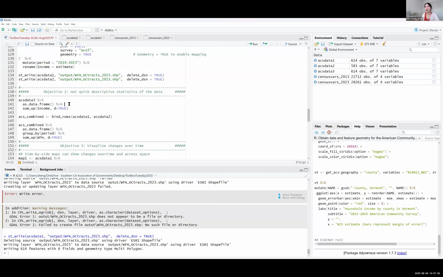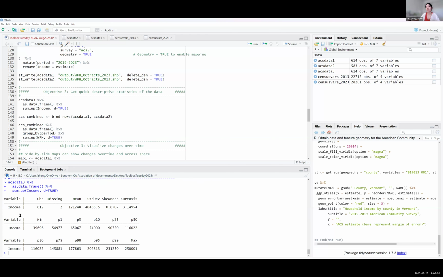This line is helpful especially if your data contains geometry, because sometimes it's not treated as a data frame. So you tell R this is a data frame, and then you use the sumup function to get descriptive statistics for income.